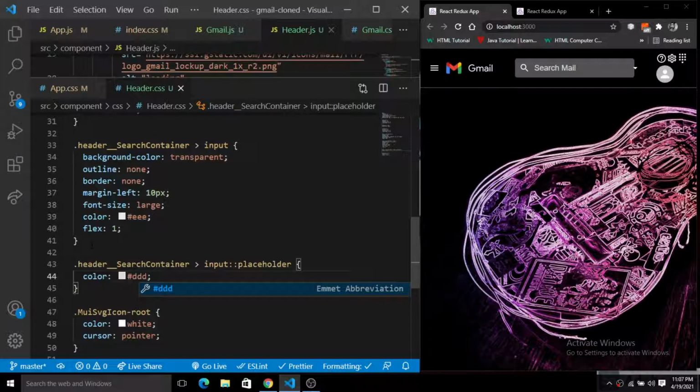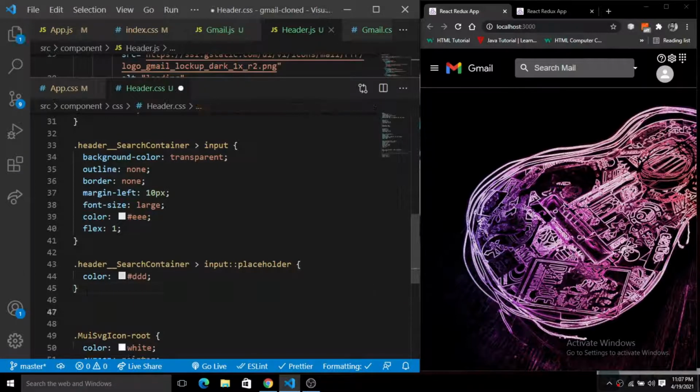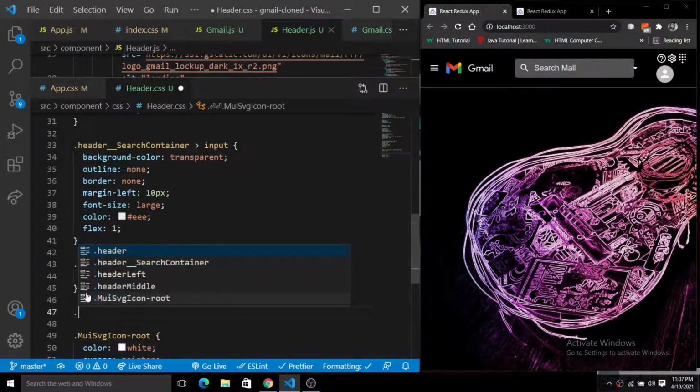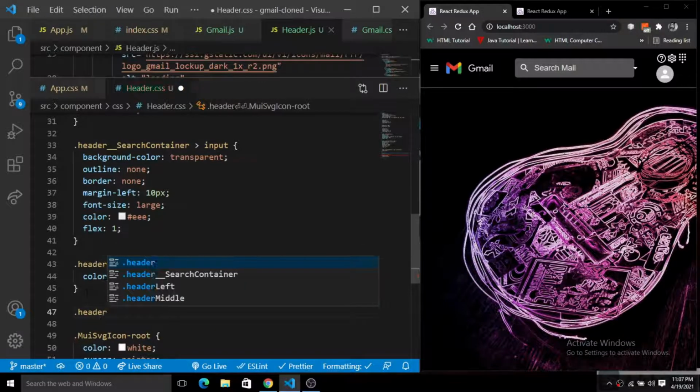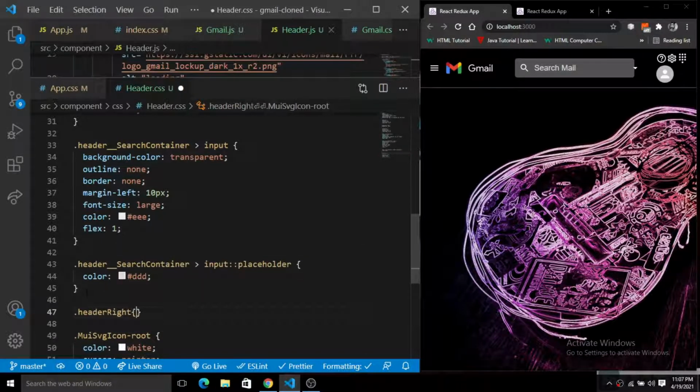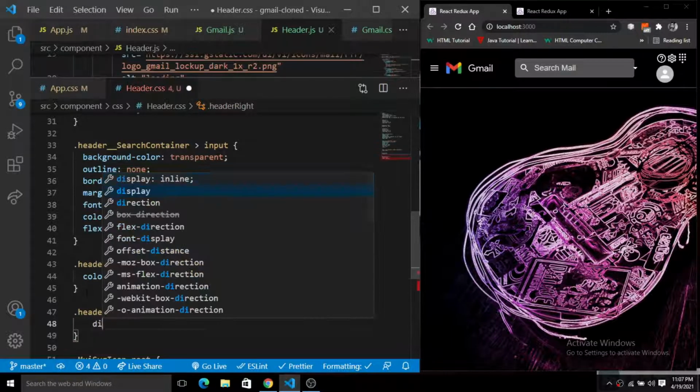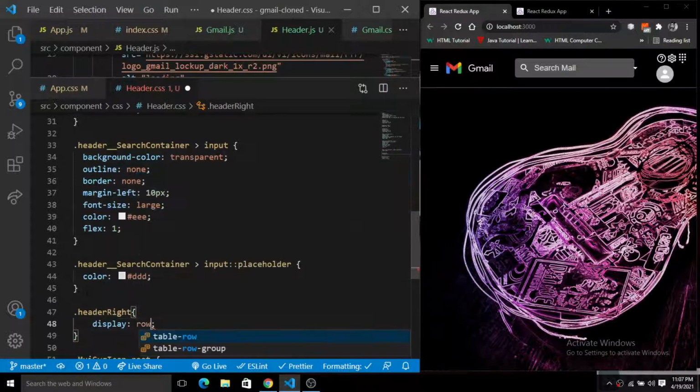The only thing that is left here is the right part of this. So how will we set the right part? We have this header right. For header right, we'll give the display of flex, so it will align everything in a row.